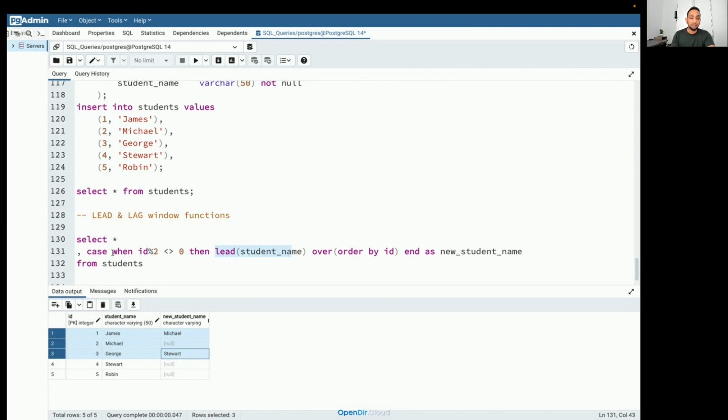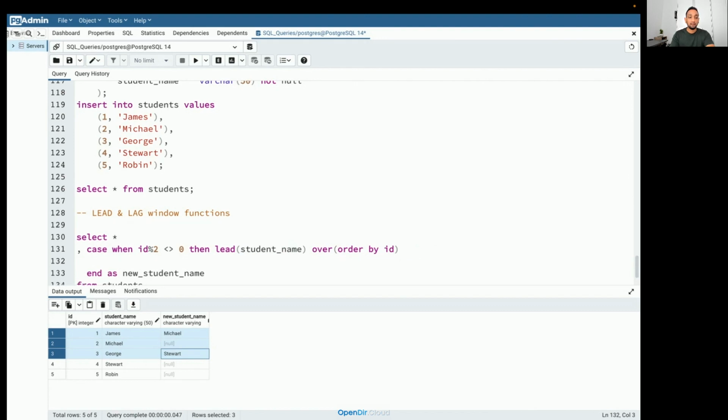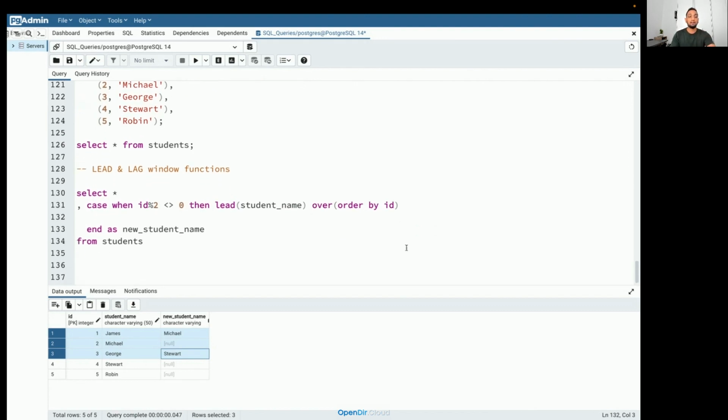So what I can do here is I will use the same case, and I'll put another condition here. I'll tell the same thing here.